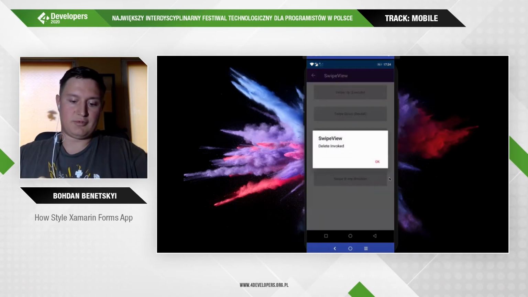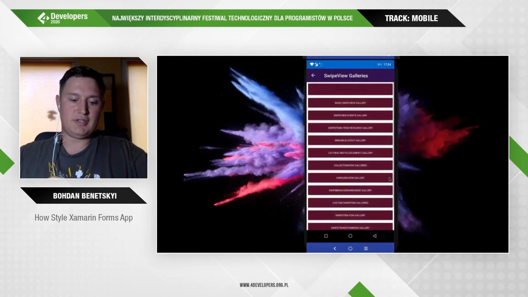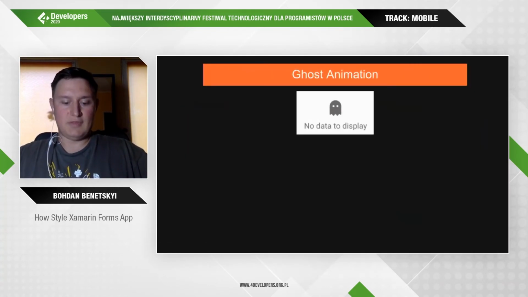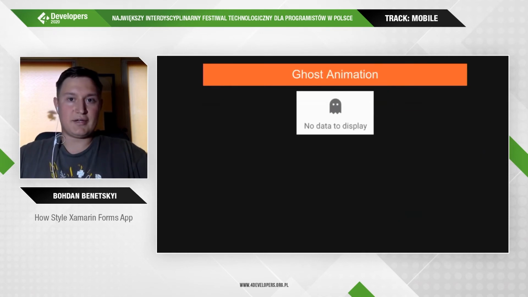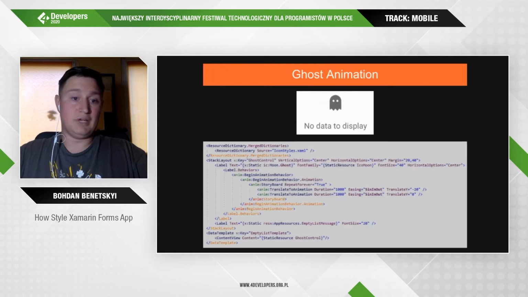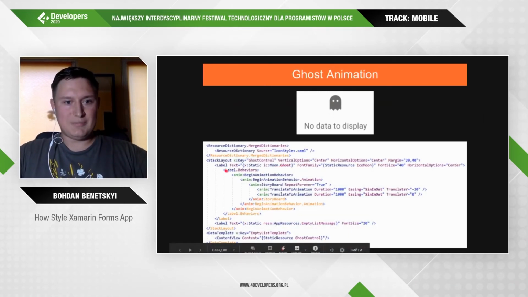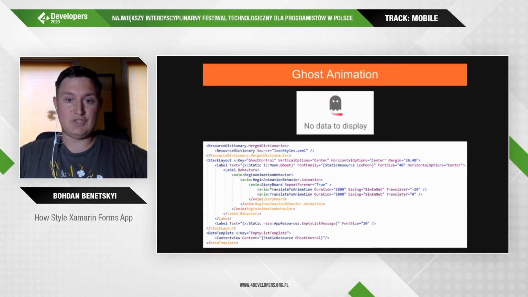Or for some app. So all you need in your app. And we continue. Next example is a ghost animation. It's damn simple, but quite interesting from the technical part. Because for a simple label that is the code for the moon icon, which is just an SVG icon from a font, we add some animation behavior with a storyboard